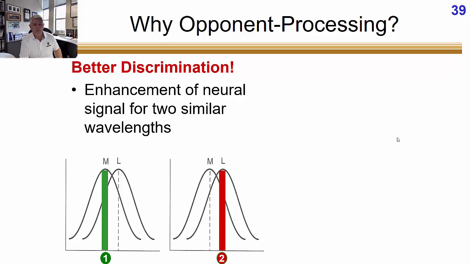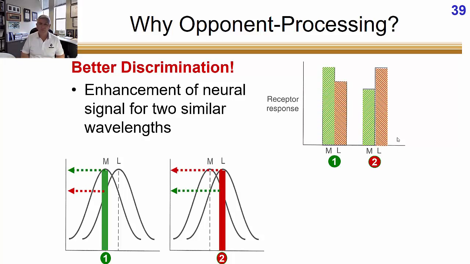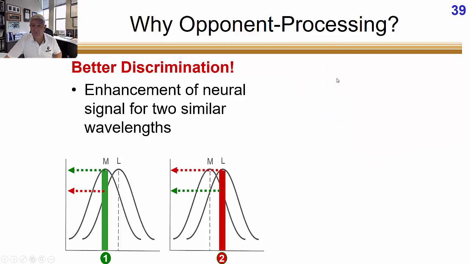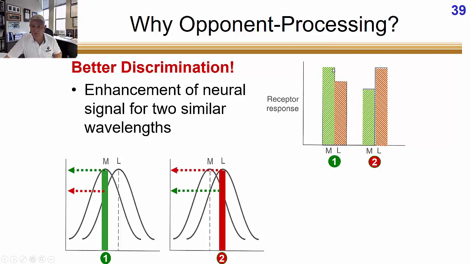So if we look at the cone stimulation for green light, we get more stimulation from the medium and less from the long. And if we look at cone stimulation for red, we get more from the long and less from the medium. And so if we were to graph those levels for 1 and 2, it would look like this, right? So our brain would have to process the difference between the medium and the long output to know that this pattern is green and that this pattern is red. But that would be just with trichromatic, right?